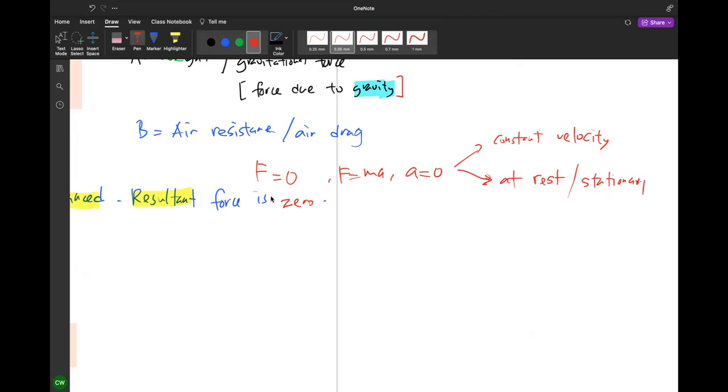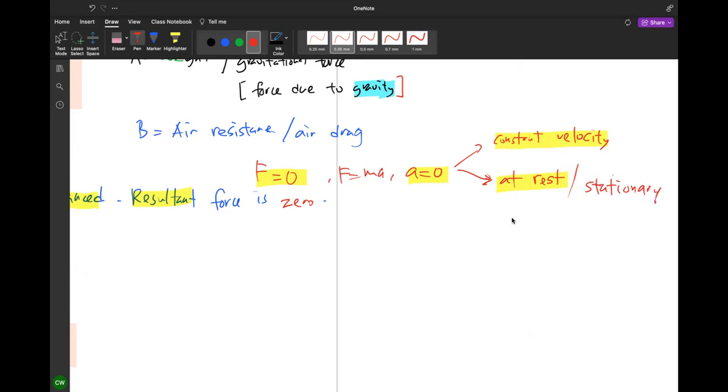Two possibilities. 当这个 F 等于零的时候，它也告诉我们说 A 也是零。A 是零有两种情况，two situations. When A is zero, there are two situations. Either the object is moving at constant velocity, or the object is at rest. 就是说，有可能它是 constant speed，同样的速度在运动，或者是它不动。Okay, at rest or stationary. Stationary 就是不动的意思。